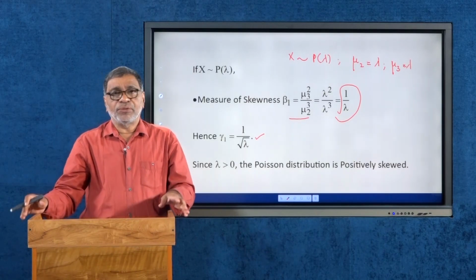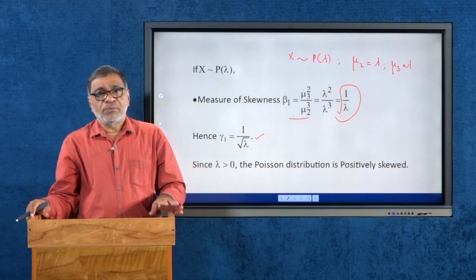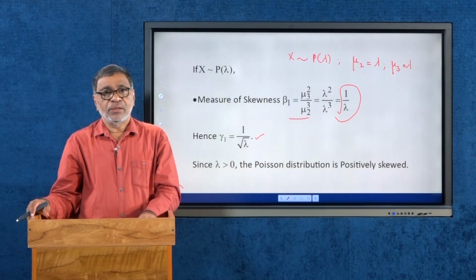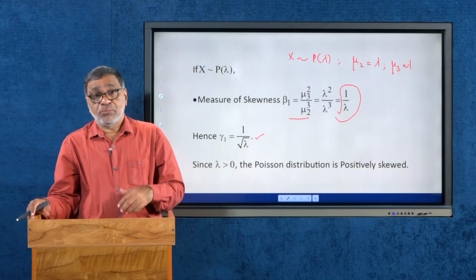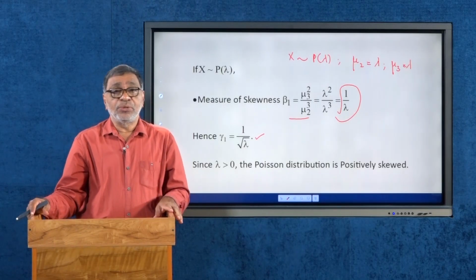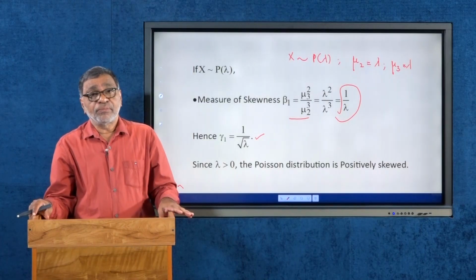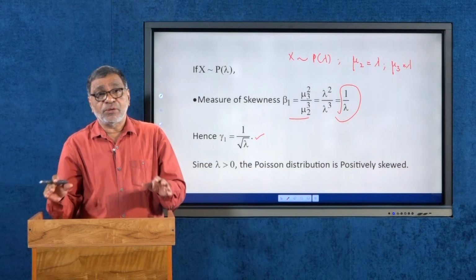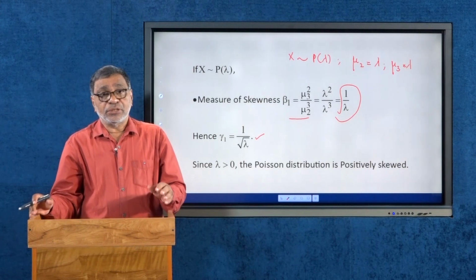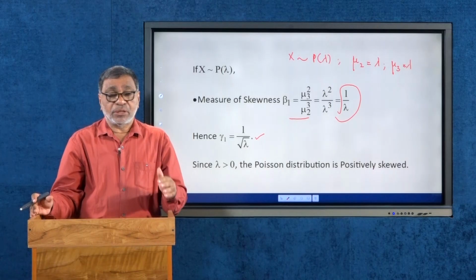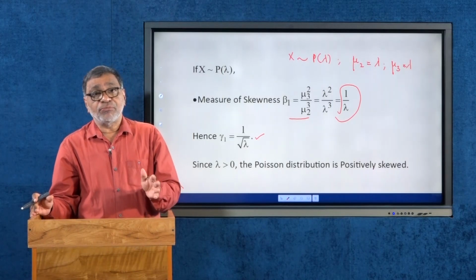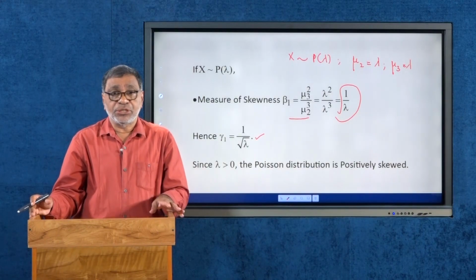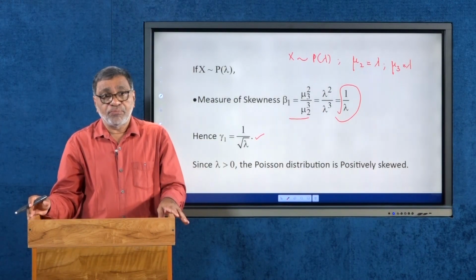So, what is the meaning of this one? That is, Poisson distribution is always positively skewed, unlike the binomial distribution. Binomial distribution may be positively skewed or negatively skewed or symmetrical according to the values of p and q. That is, if p greater than q, the character of binomial distribution is something different from q less than p, and when p is equal to q, the binomial distribution is symmetrical. But in the case of Poisson distribution,